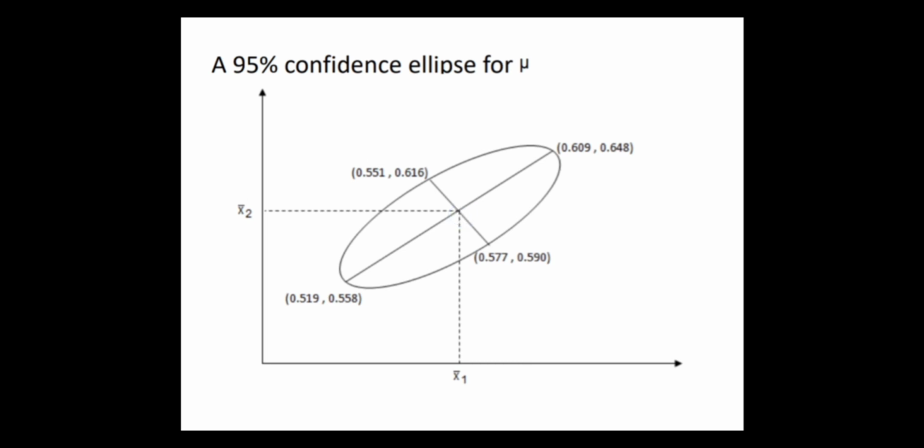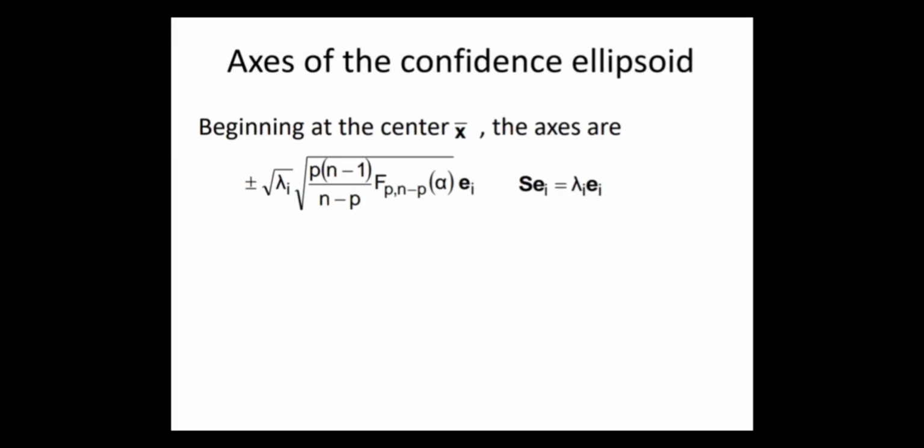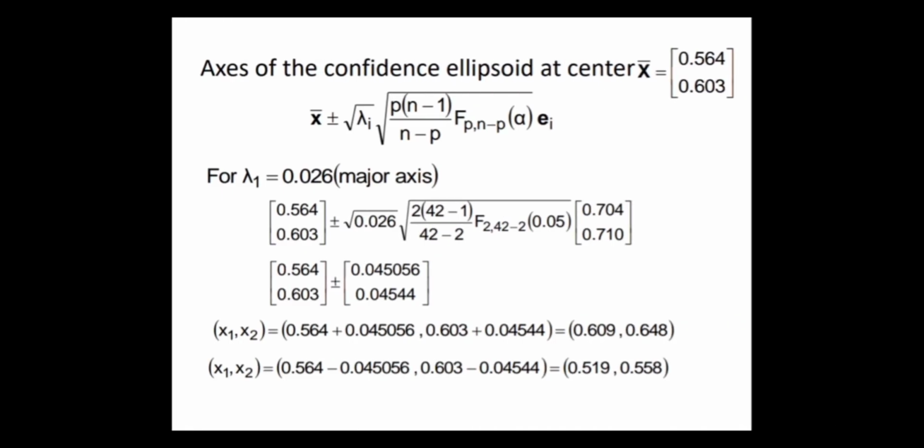Right? So this is the major axis. This is the minor axis that we can calculate from this formula. So using the formula, we need the value of lambda, which is the eigenvalue, and its corresponding eigenvector e_i. Okay,